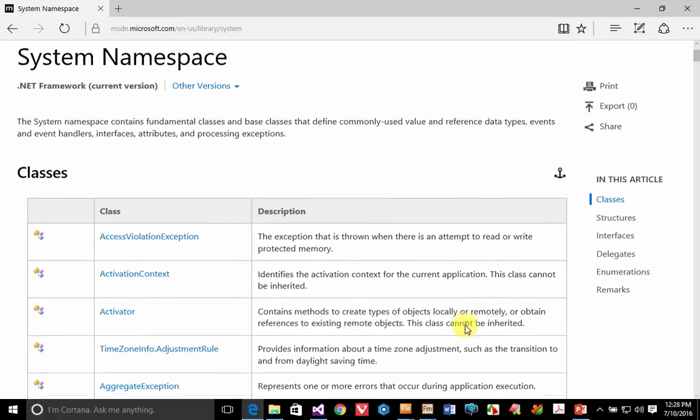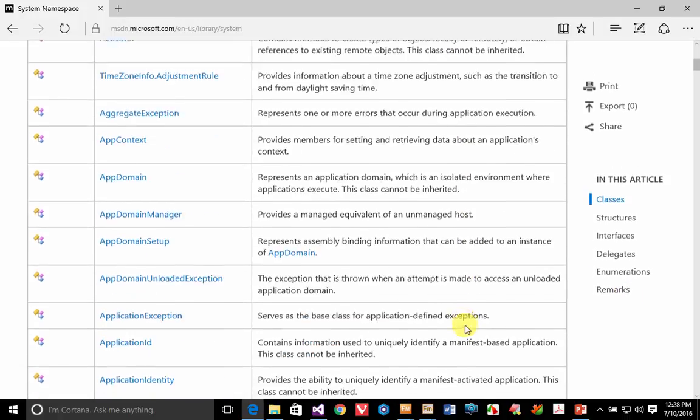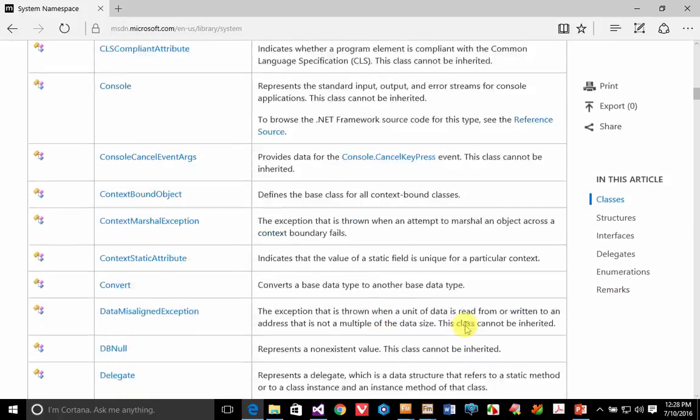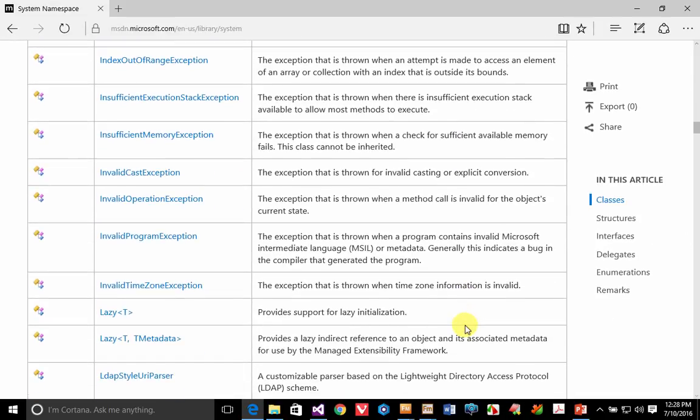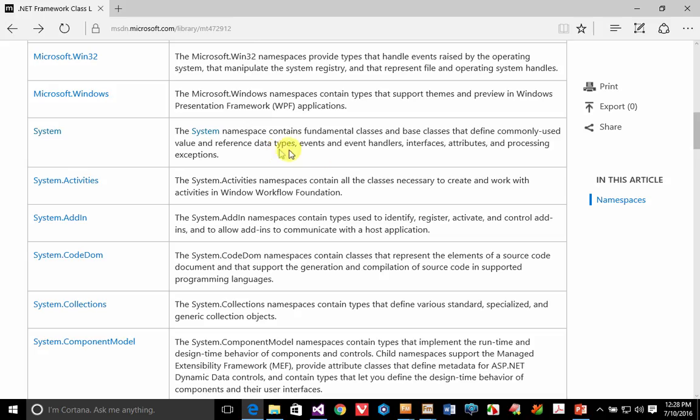And as you scroll through just the System namespace here, you'll see that there are literally dozens upon dozens of types here that you can take advantage of in your existing applications or the applications that you're in the process of developing. And the only way to get a full sense of what's available to you is to kind of browse your way through the documentation. So going back to the main overview here, so for example, here's the System.Collections namespace that